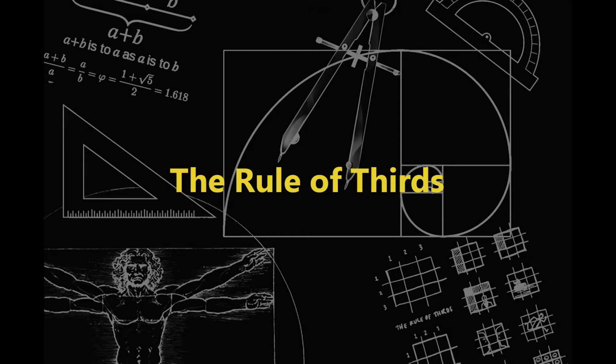The rule of thirds. In composition, the rule of thirds is a rule of thumb, or guideline, which applies to the process of composing visual images such as designs, films, paintings, and photographs. The guideline proposes that an image should be imagined as divided into 9 equal parts by 2 equally spaced horizontal lines and 2 equally spaced vertical lines, and that important compositional elements should be placed along these lines or their